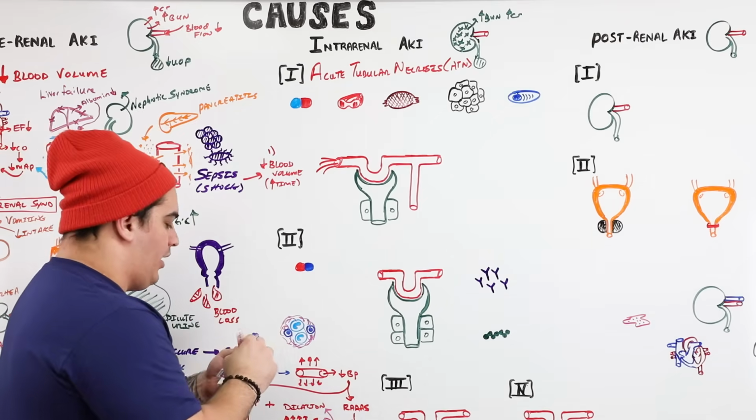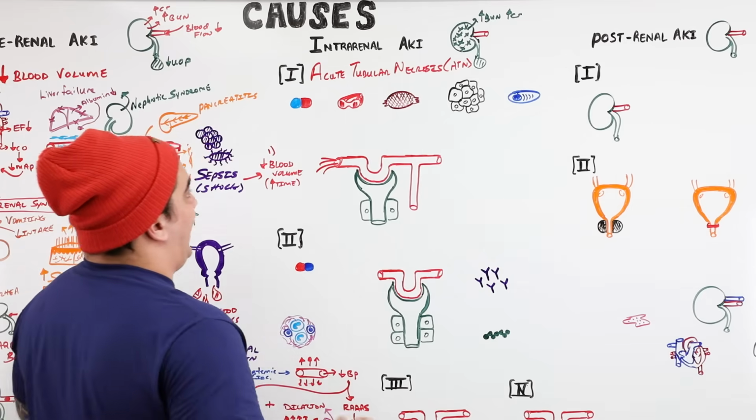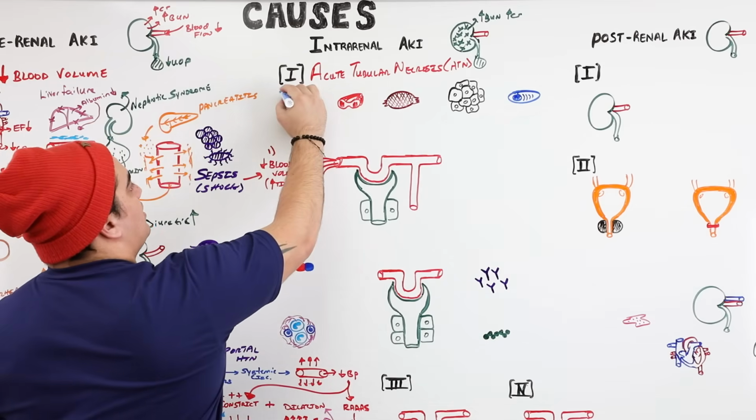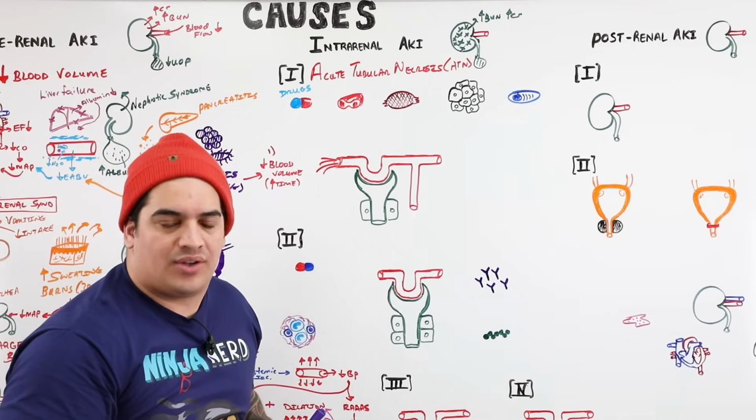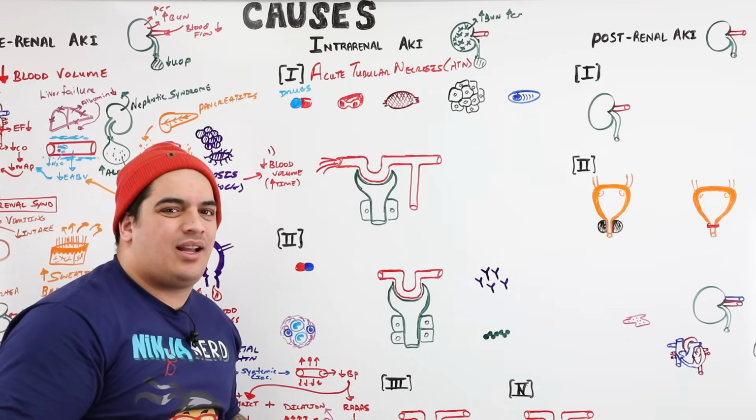Worked out perfectly. All right. The second thing is medications, okay? So certain types of drugs. And there's a lot of them. I am not going to go through every single drug. I don't want you to focus on that. I want you to know some of the big ones to think about.